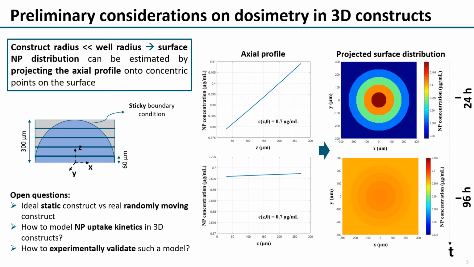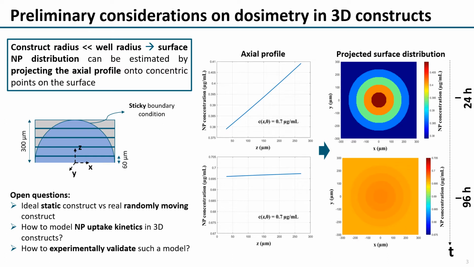In addition to what we have done for the flat bottom type of in vitro system, we also try to estimate the dose deposited on the spheroid, and this is the final part of our work in modeling in vitro, and we have to assume that the spheroid stays static, which is not the same